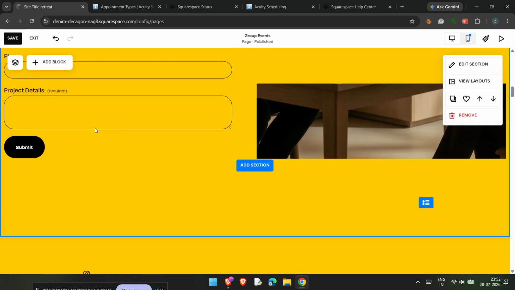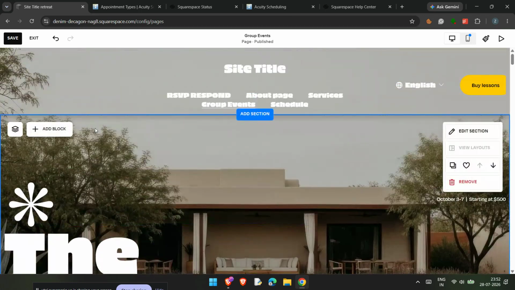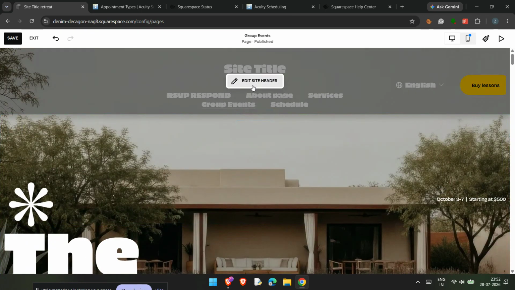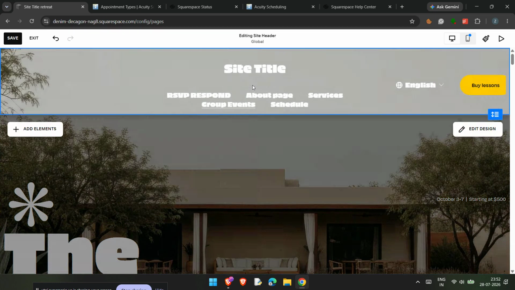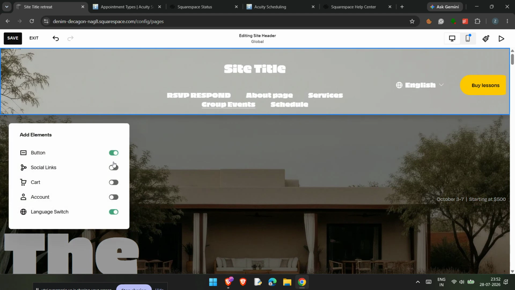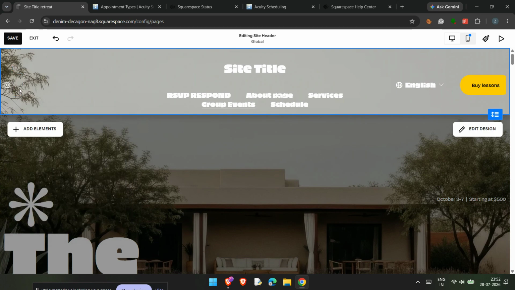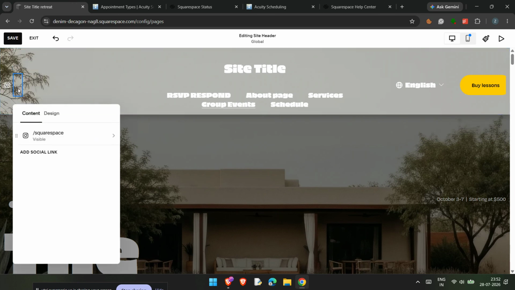This is a great option if you want your social icons visible at the top of every page. To do that, click Edit Site Header at the top of your page preview. Once the header settings open, look for Add Elements. Inside that menu, you'll see a social links switch. Toggle that on to enable icons in your header. As soon as you do that, Squarespace will place the social icons in your header area, making them easy for